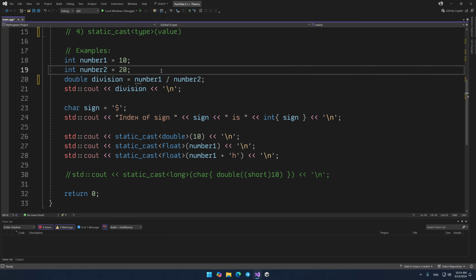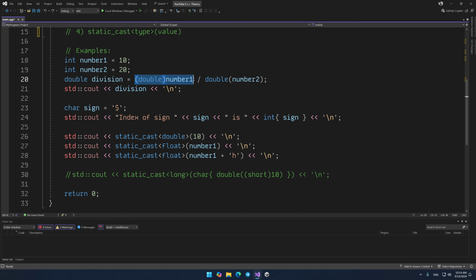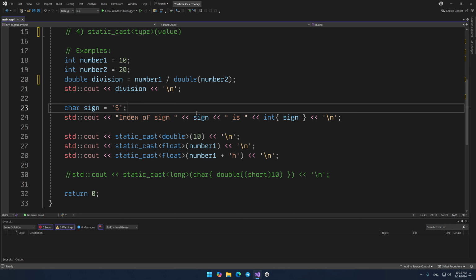Either you create two more variables of type double and copy your two values there before dividing, or you explicitly convert the values of the variables to type double during the division itself. I chose the second option here. The variables remained with their data types, but at least I got the exact division result. Note that it's not necessary to cast the types of two variables, only one is enough. And then the hierarchy of data types, which I talked about in the previous lessons, will work. Without explicit typecast, you wouldn't have solved this problem without creating a few more variables.